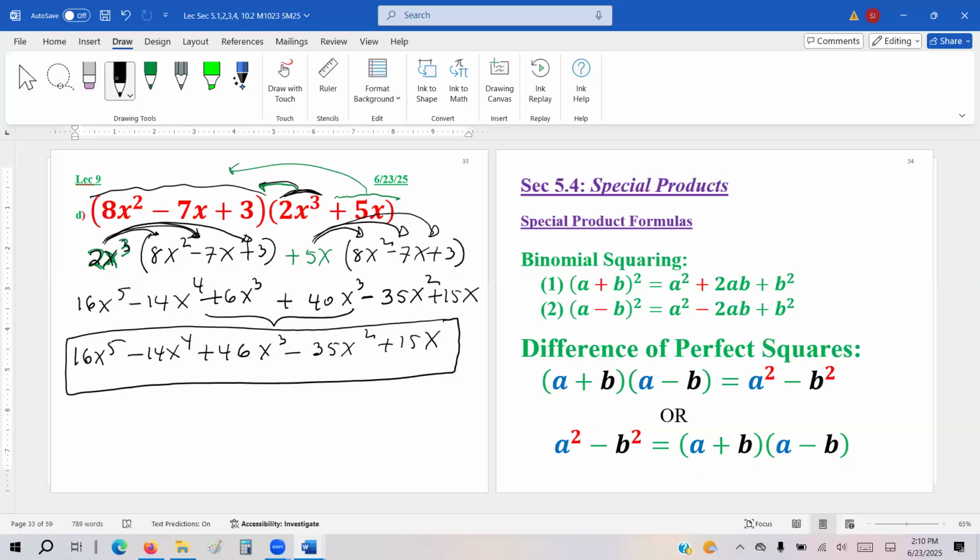So there are three formulas we are going to memorize. The first formula is if you have plus or minus in the base and then the power. For example, a plus b with the power 2 or a minus b with the power 2. And this formula works only for power 2. For power 3, you cannot use that. For power 4, you cannot use that. Only for power 2, you're allowed to use that formula.